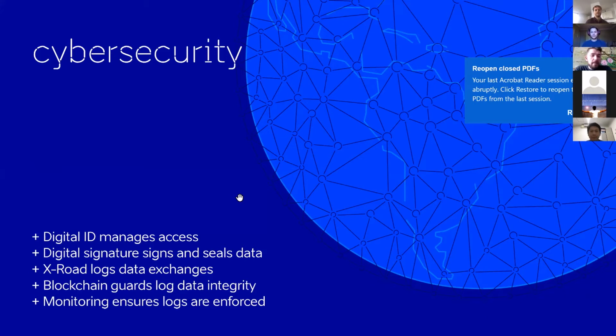It also means that any piece of data you touch, for example, as a doctor, will have your digital signature on it, which for one makes it very clear who actually gave this information. Is it trustworthy or not? But it also has an important thing, which is immutability, because everything essentially gets sealed. Every piece of health data gets sealed with this digital signature or stamp. And if you wanted to change that piece of data, you would effectively have to break the seal. So it's also a cybersecurity measure.